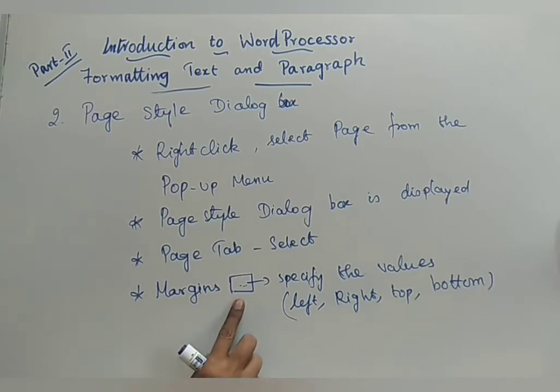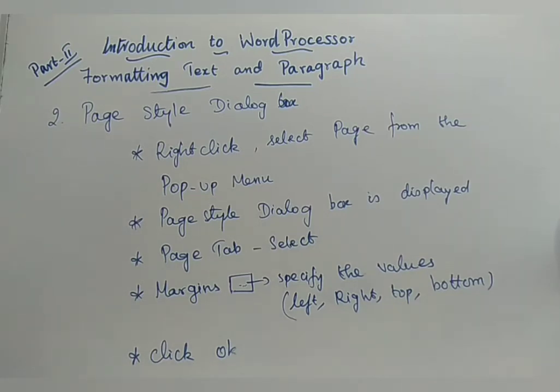Okay, so after entering the values in this box, what do you have to do? Yes, you have to click OK. Based upon the value that you have given, the margin will be automatically set for you. So by using the ruler, what did you do? You dragged it, so manually you performed something, and by means of that the margin was set. But in this case a dialog box will be displayed, and from that you specify some value, and based upon that value, automatically the margin will be set for you.